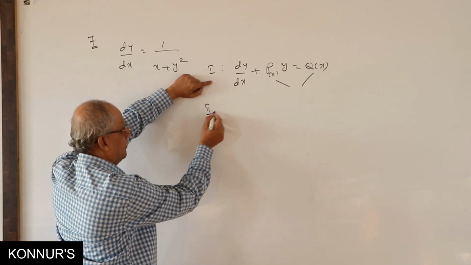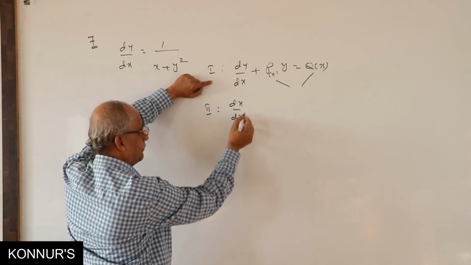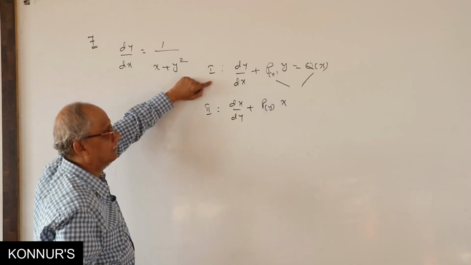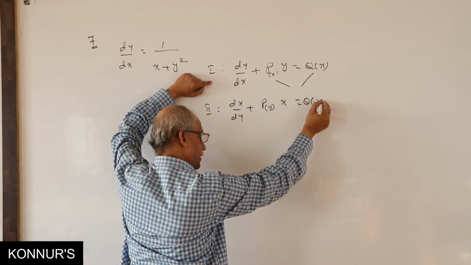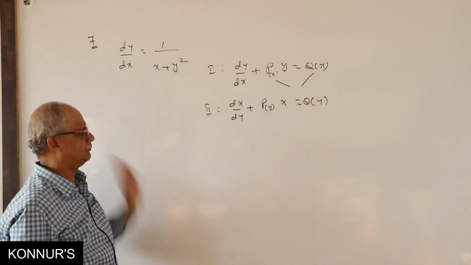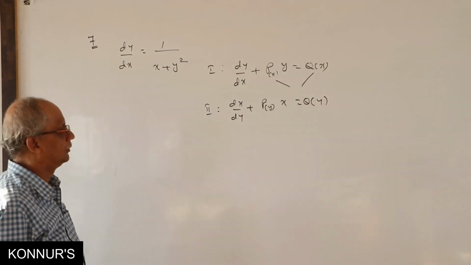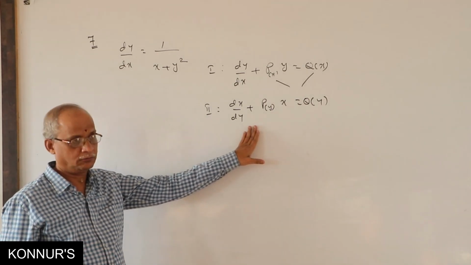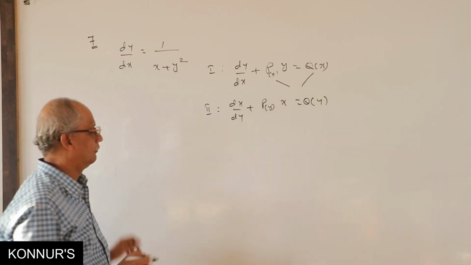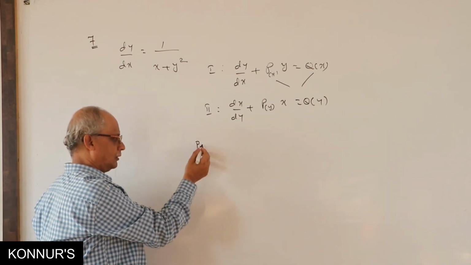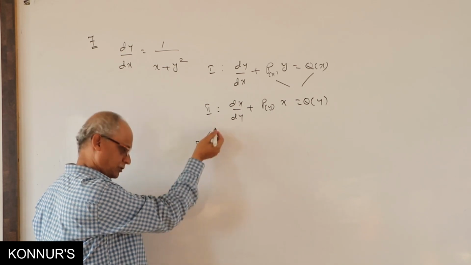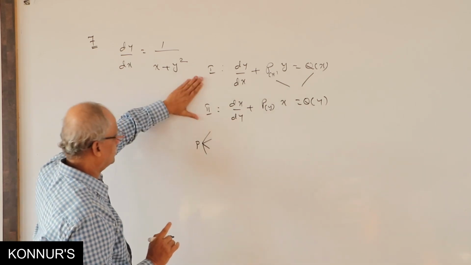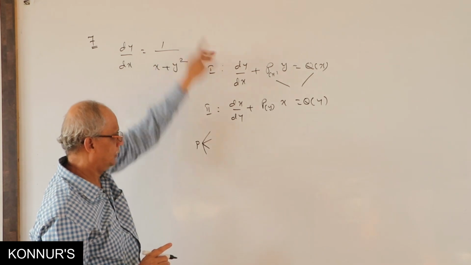Then what is the second variety? Dx by dy plus P x, x is outside. P is a function of y. RHS is a function of y. Any one of them, compulsorily you have to solve. If this method also fails, you cannot say failed, because we have got 4 methods only. If they give any problem from this chapter, it has to get a solution from these 4 methods. That is the reason. Maximum chances are for the first method, variable separable, and linear differential.